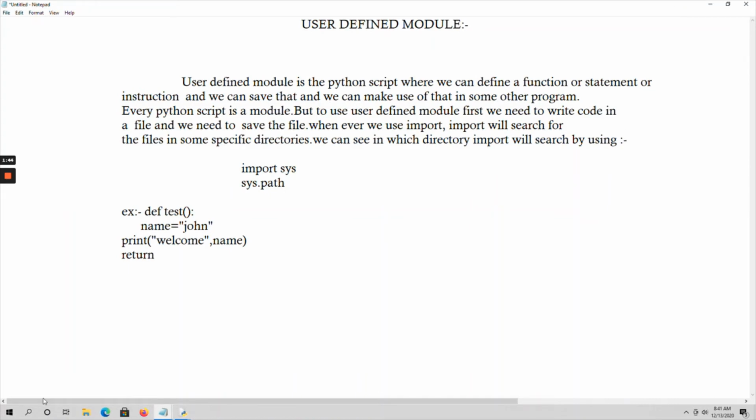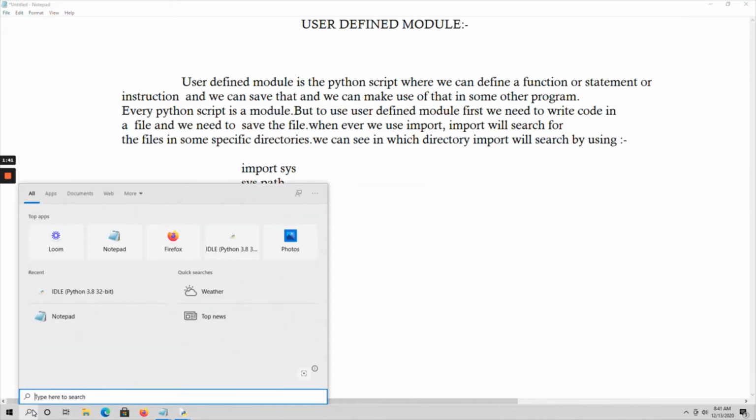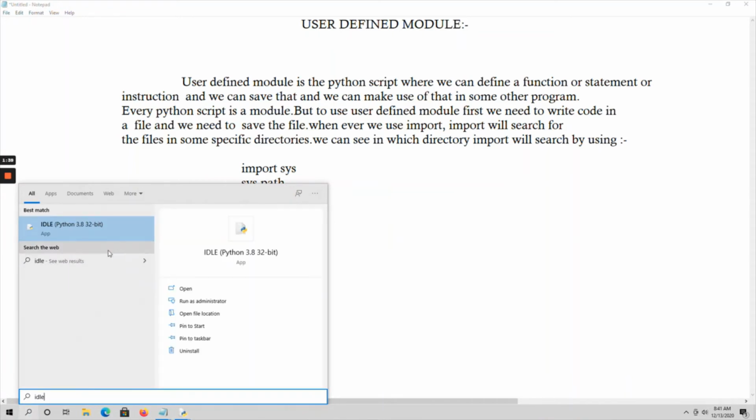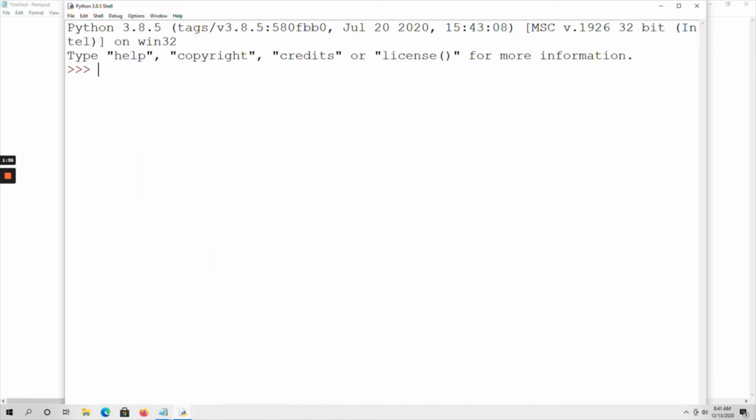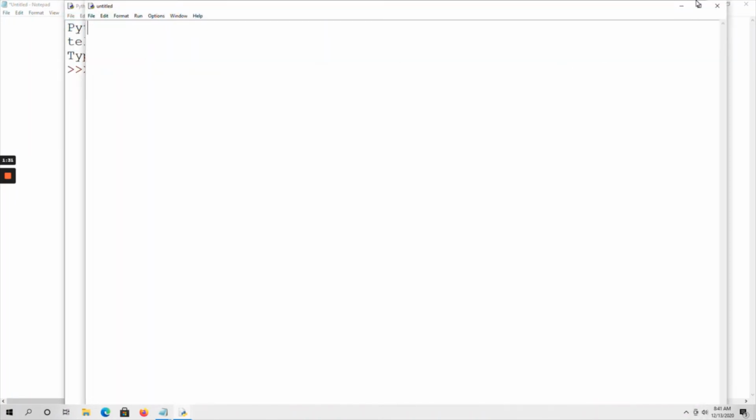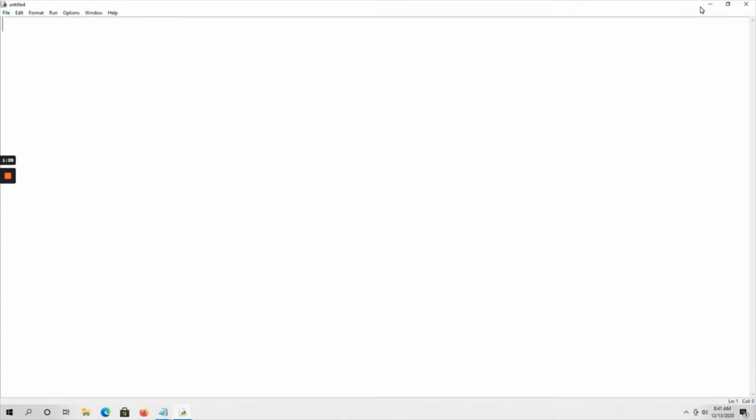For that, go to Python IDLE and open a new file. Here I am writing one function: def module_test is my function name.